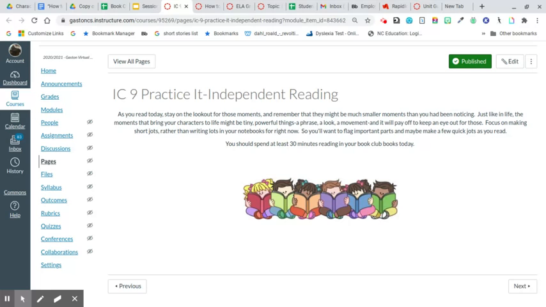It's telling you to read and look for those moments to remember, those important things, just like in life, things that bring your characters to life. Make your notes, things that you should be able to talk to your group about. If you've not planned to meet with your group yet,